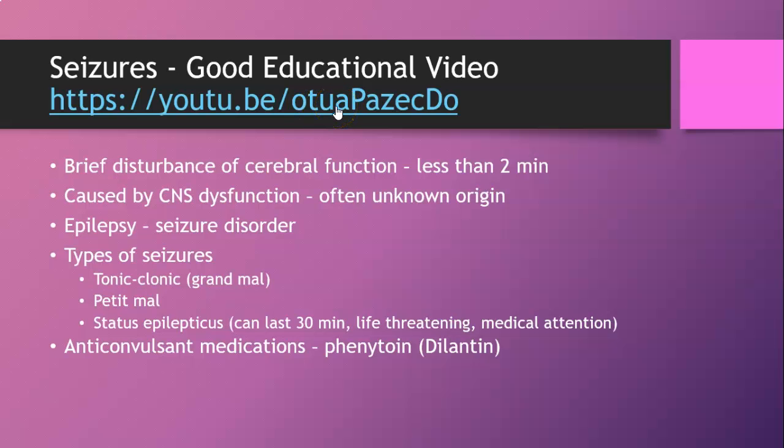experiencing seizures. So a seizure is a brief disturbance of cerebral function, usually short, lasting less than 2 minutes, caused by central nervous system dysfunction. Usually the origin is unknown. Epilepsy is probably the most common seizure disorder that we know about or hear more often about, and kind of